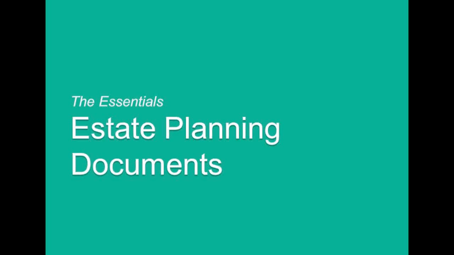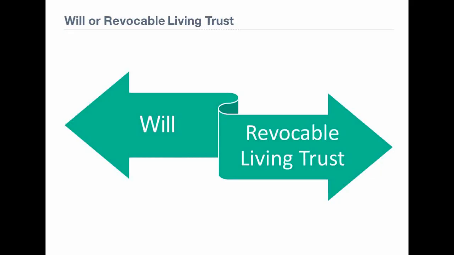All right. Having said all that, everybody needs some essential basic estate planning documents to put in place. The first would be the question of either a will or a revocable living trust. If you do the will, it directs your probate estate. If you don't want to go through probate, you put it in a living trust that becomes irrevocable at your death, and